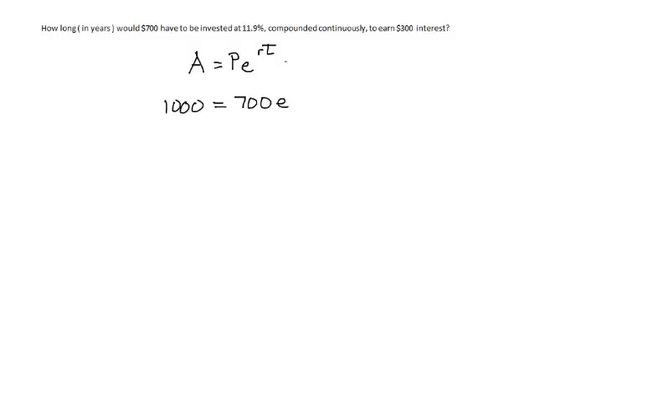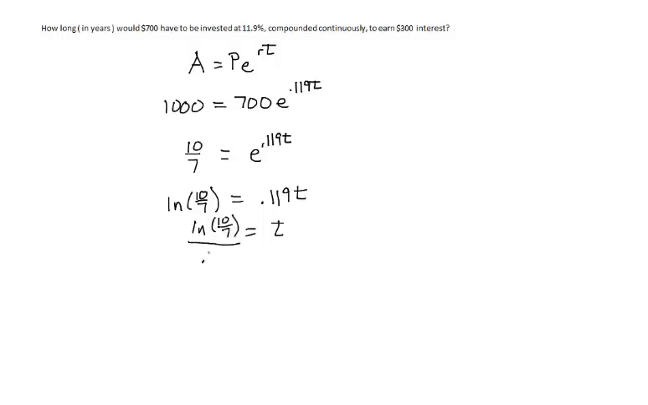e to the rt, and we're trying to solve for time, so we're going to have e to the 0.119t. And the first thing I'm going to do is divide both sides by 700. So I have 10 divided by 7 is equal to e to the 0.119t. And now I'm going to take ln of both sides. So I have ln of 10 divided by 7 is equal to 0.119t. And then t is equal to ln of 10 divided by 7, divided by 0.119,